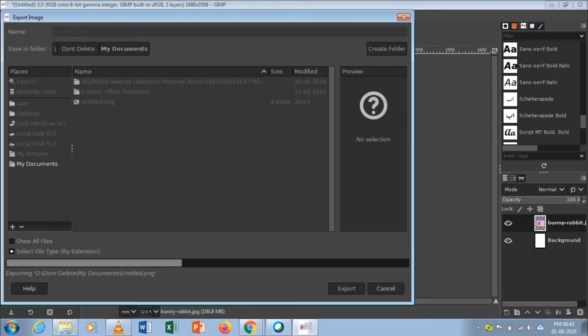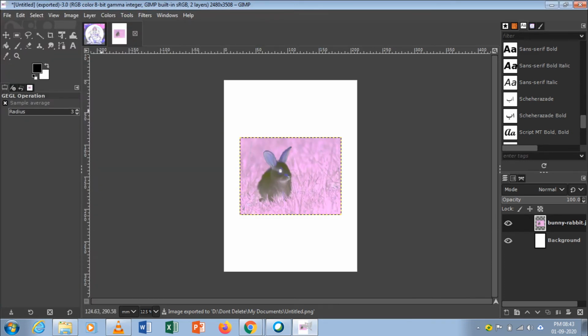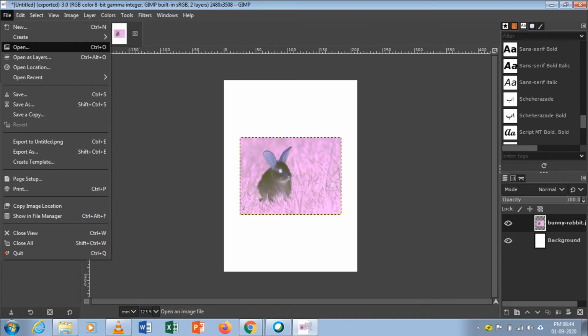That's all, children. How will you come out from GIMP? Go to the file menu and select the quit option. If you want to save this, you can save using the save option. It will save as a PNG file.